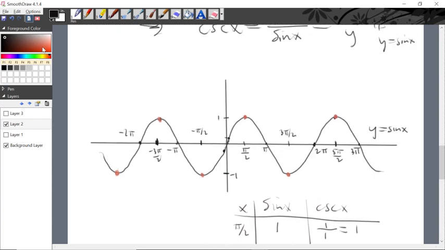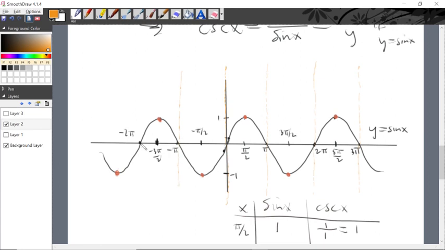Now, anytime that you would have a 0 on an original function, the reciprocal of that function would have to therefore be a vertical asymptote. Notice that's always going to be the case. For any 0 of a given function, there must be a vertical asymptote on the reciprocal function. But we need to know how we are approaching that asymptote from the left and from the right. But we at least know that there has to be a vertical asymptote there. So at every one of the zeros,